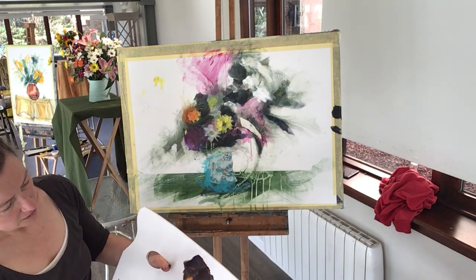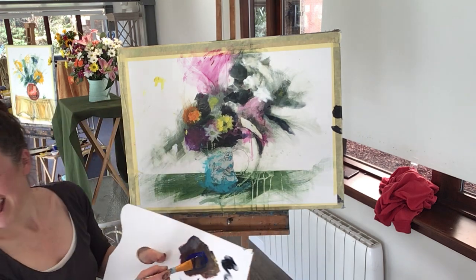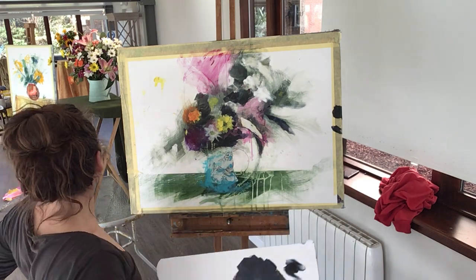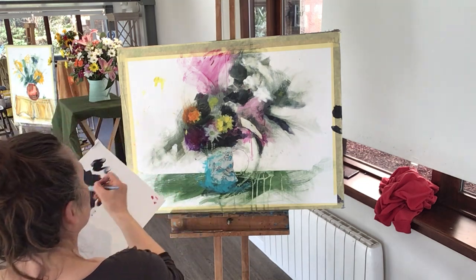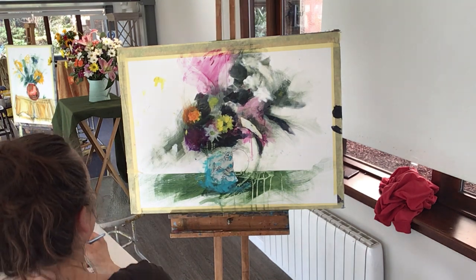So I'm trying to make a colour that is similar to this, which is Payne's Grey. That sounds a bit like it. So a bit of blue in there. Anyway, it's not far off now. The reason I'm doing that is because I see the background here as being a kind of greyish colour. And if I want to make a colour that's going to let the lily really sing out, I think with my eyes half closed generally,